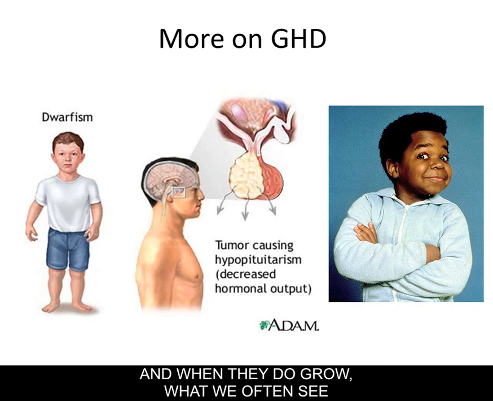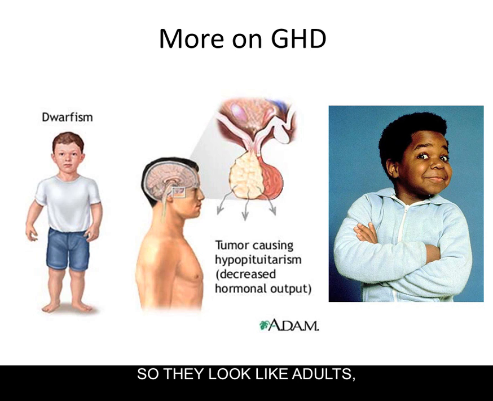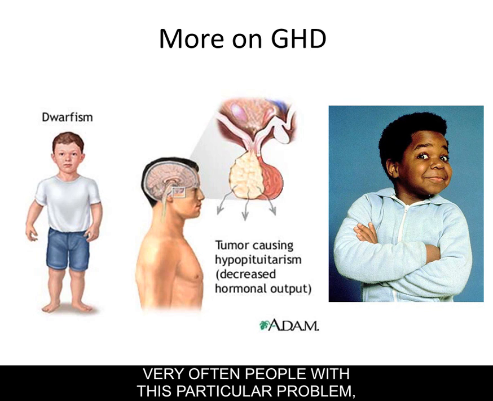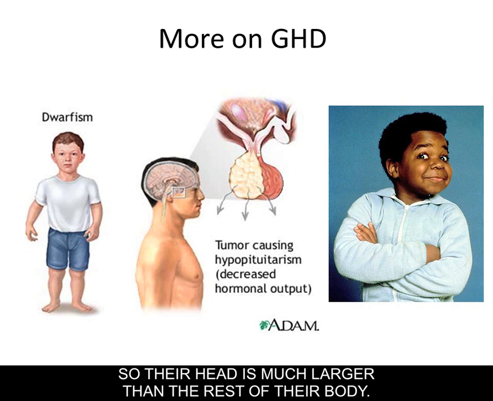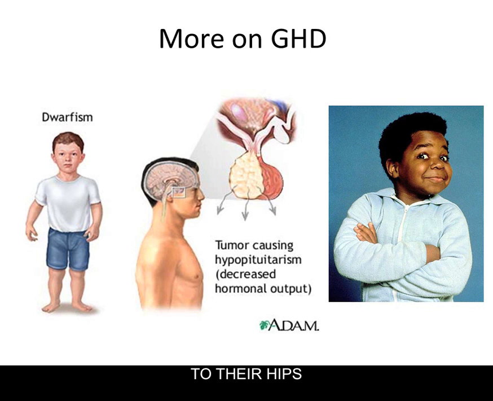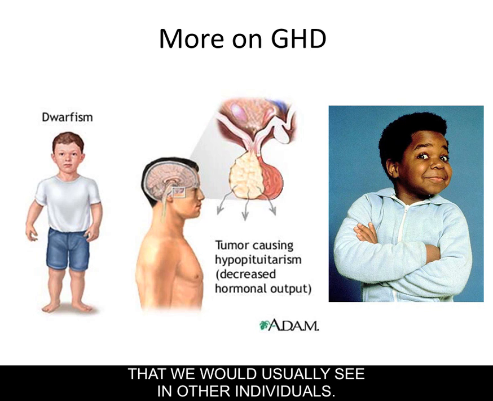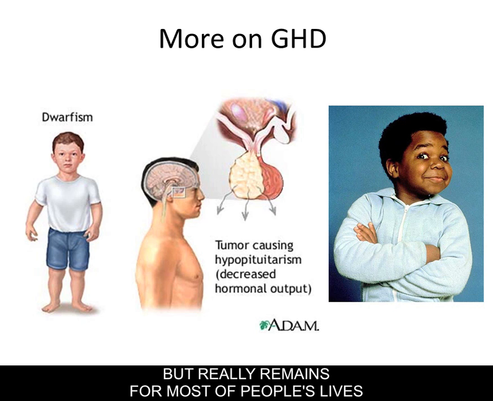And when they do grow, what we often see is an imbalance in proportions compared to what we typically see in other individuals. So they look like adults, very often, people with this particular problem, but their dimensions aren't 100% correct. Their head is much larger than the rest of their body. Oftentimes their arms aren't quite in proportion to their hips that we would usually see in other individuals. And this imbalance not only happens at this age, but really remains for most of people's lives if they experience